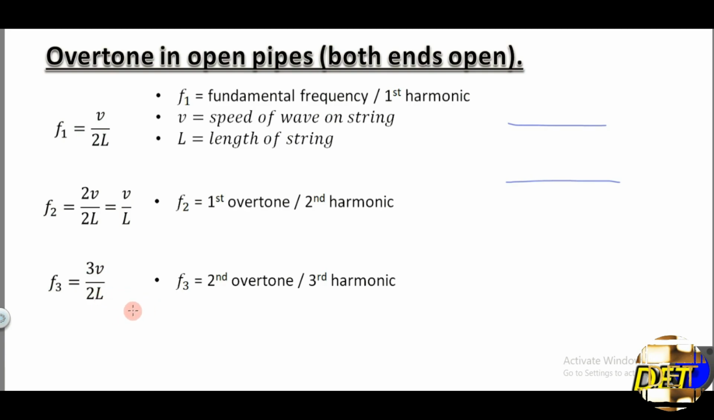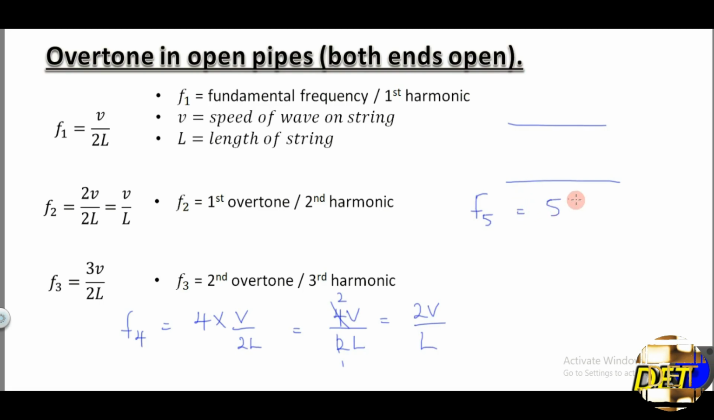2L. The fourth harmonic, F4, will be equal to 4 times the fundamental frequency, which is what? V over 2L. So that will be equal to 4V over 2L. 2 here is 1, 2 here is 2. So that will be equal to what? 2V over what? L. So if we're looking for the fifth harmonic, which will be equivalent to the fourth overtone,